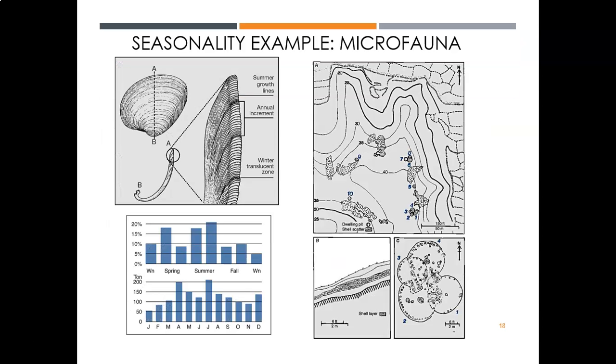So I've provided you with an example in the notes here of how we can use microfauna to reconstruct seasonality. So this is an example of mollusk shells from a site in Japan. And what they were able to do was look at the incremental growth lines present in the shells to figure out how many seasons these shells had been growing for before they were harvested by people. And so that gives us an idea of when the peak seasons were for harvesting of these